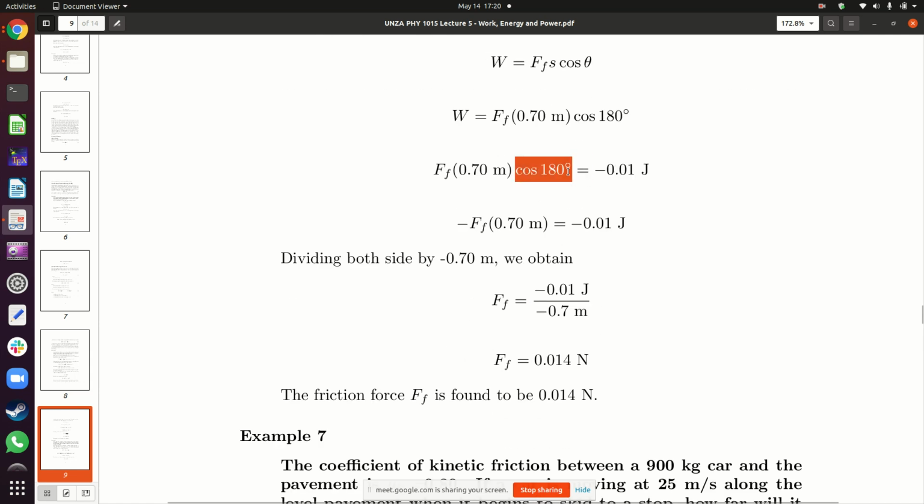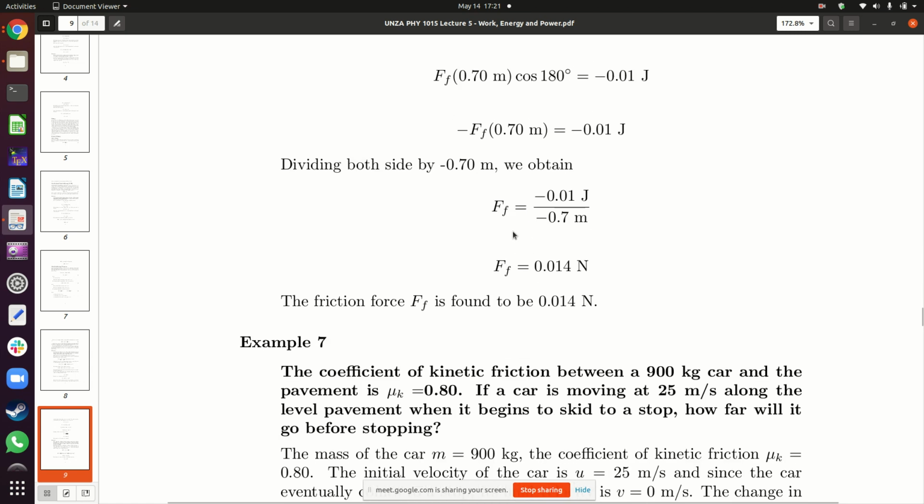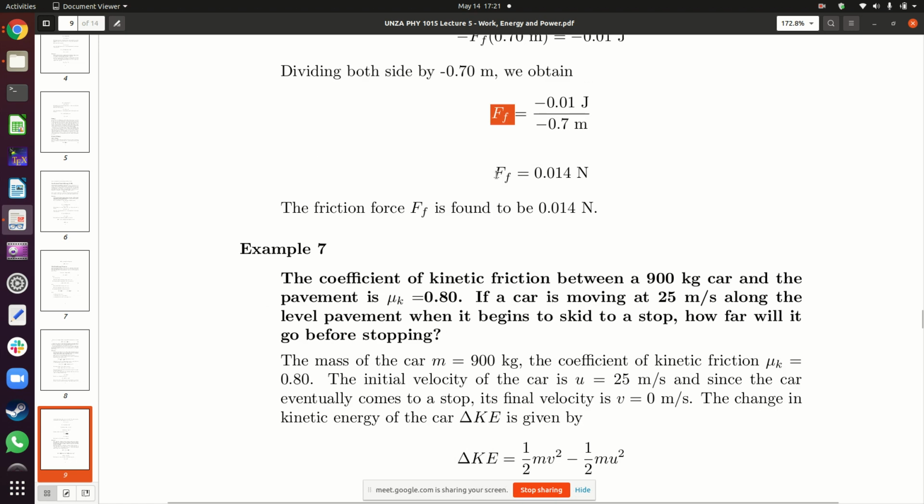And this bit is negative 1, so you end up with a negative here: negative friction force multiplied by 0.7 meters equals minus 0.01 joules. You divide by minus 0.7 meters on both sides, so you end up having the friction force equal to minus 0.01 joules divided by minus 0.7 meters, and this gives you a friction force of 0.014 newtons. So in this case, the friction force which is responsible for bringing this particular object to a stop is equal to